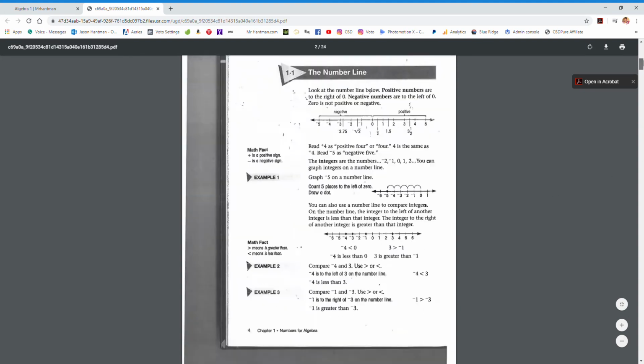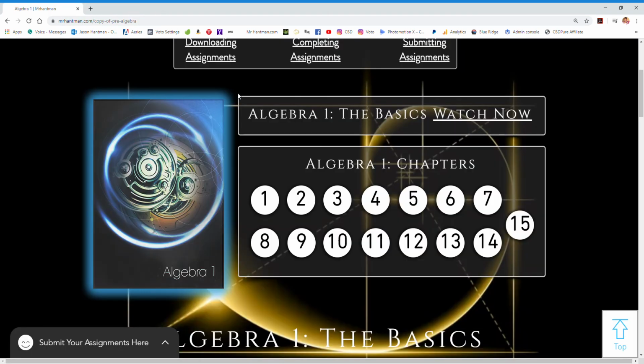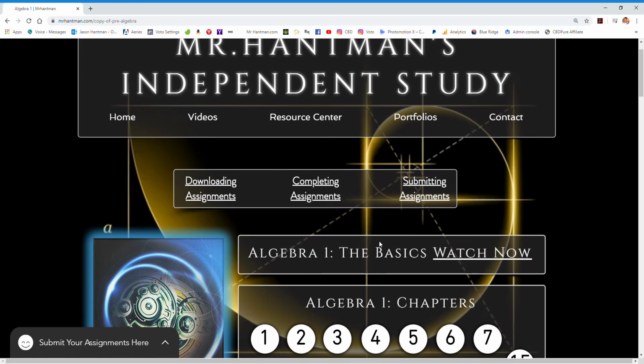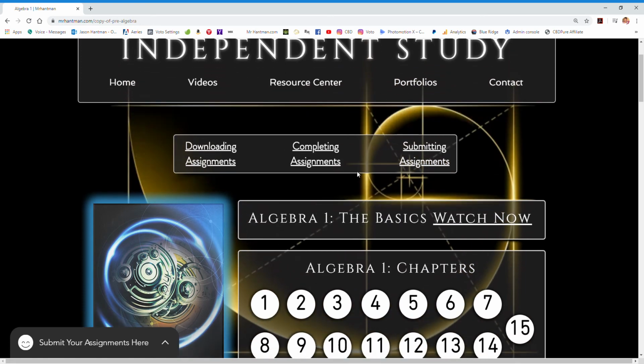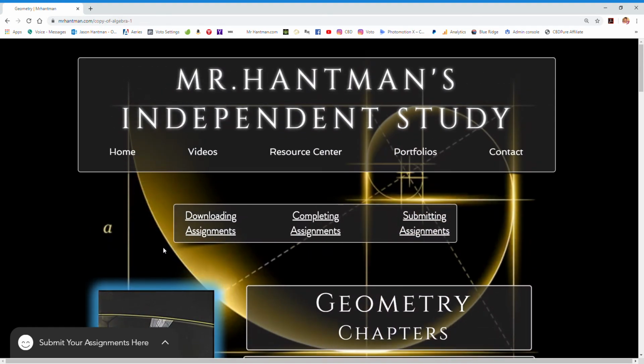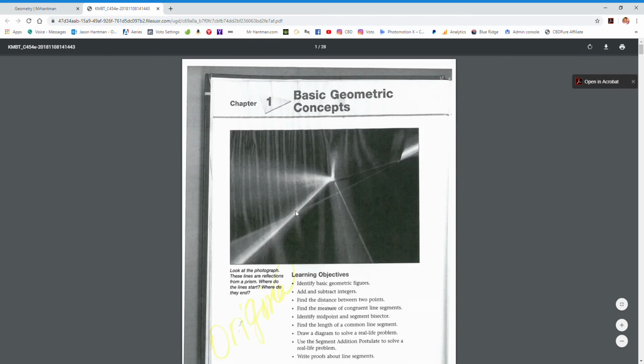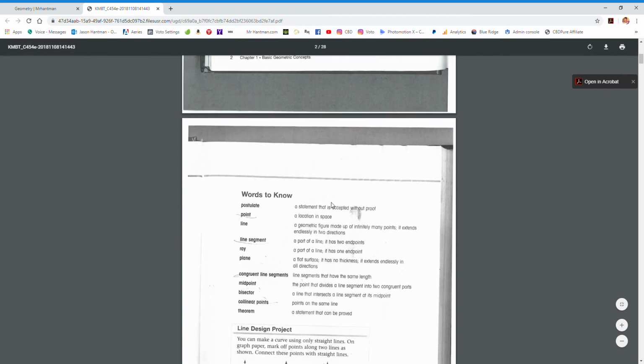So let's go ahead back up here, and then I'm going to close this PDF, and then we'll go check out, we go back one page here, and then we can click on geometry. Same thing here for geometry. You come to the geometry page, and then here are the chapters for geometry 1 through 13. So if we click on chapter 1, the PDF comes up, and we start